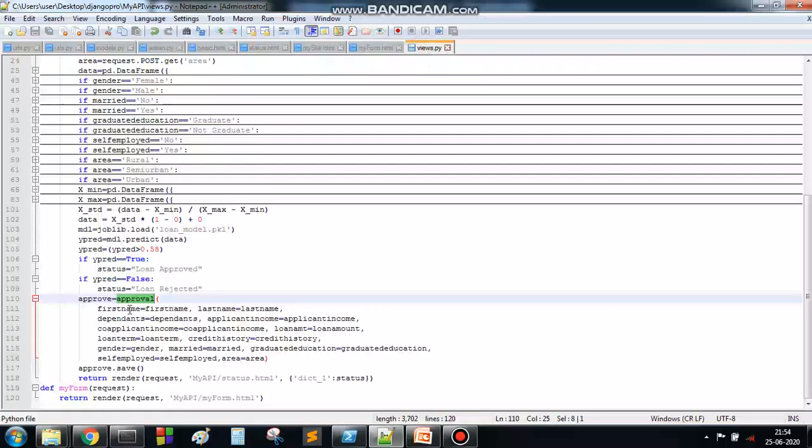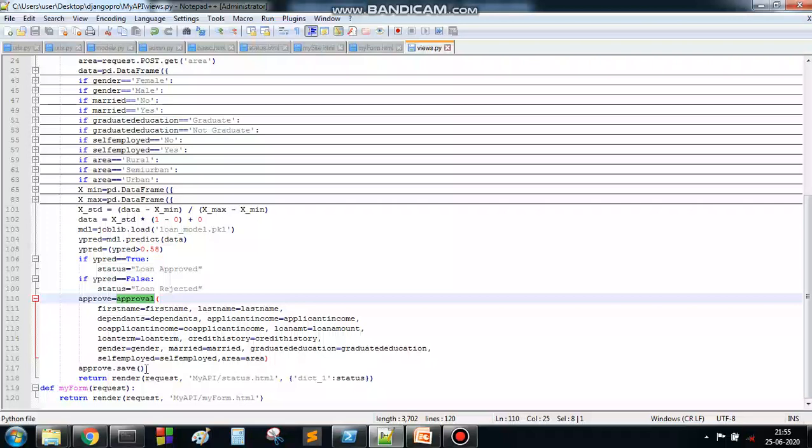First name is assigned the value first name, and last name is assigned the value last name. Likewise, everything is assigned the particular value input by the user, and then this will save. Afterward we will save the data to the database.